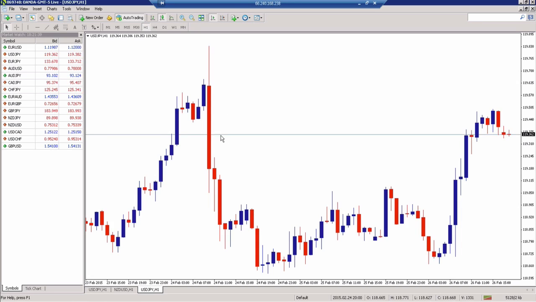If price is descending, a red bearish candle is created with the closing price below the opening price. The latest candle is shown right on the right-hand side, which I don't know if you can see. I can't see it because I've got a panel in front of me. But the very rightmost candle shows the present